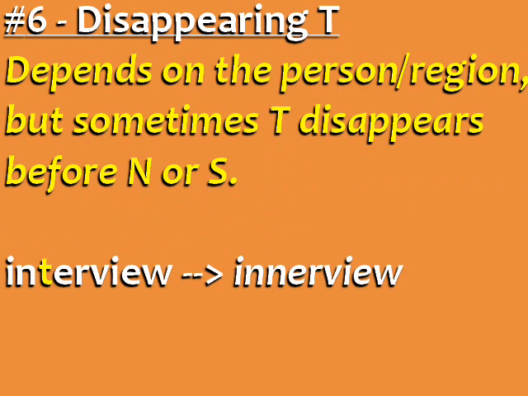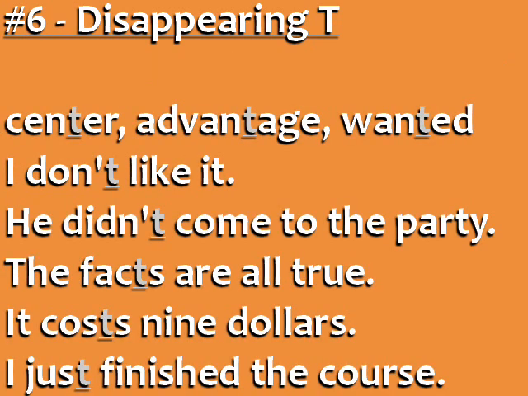Pronunciation number 6. Disappearing T. This varies from person to person, and it depends on the region the speaker is from. But in some words, the sound of the letter T really disappears, especially when there is an N or S before it. Interview, center, advantage, wanted,